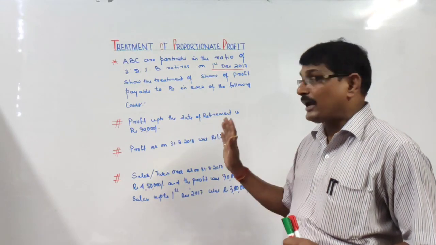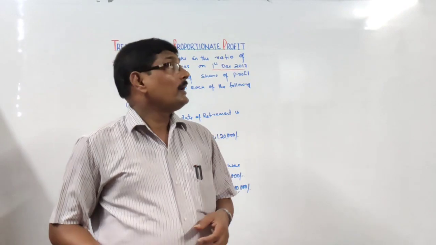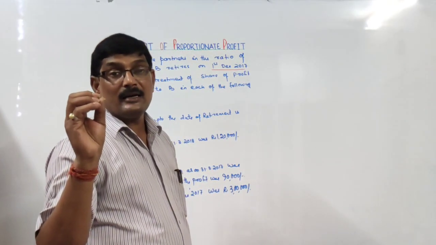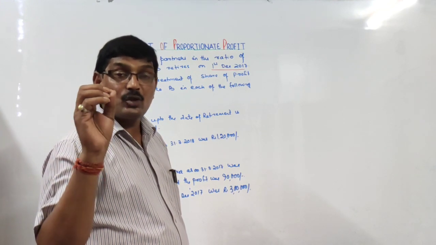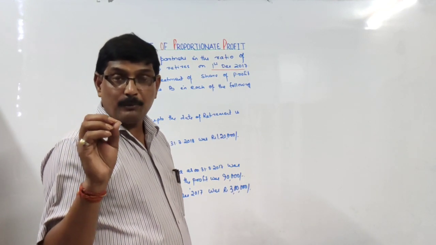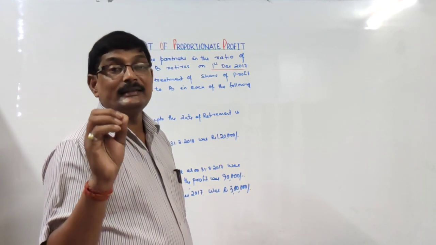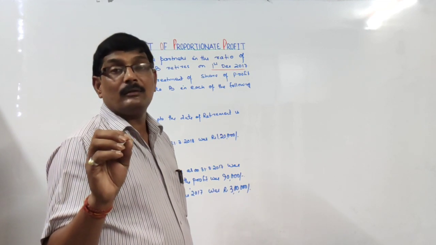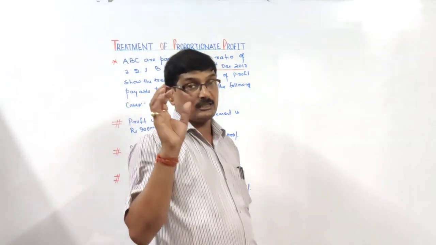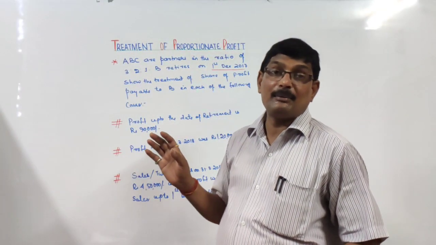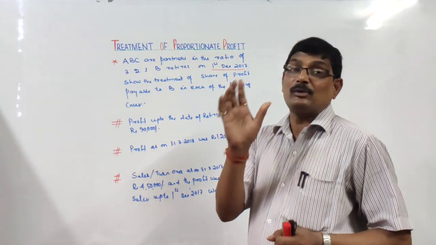This is the first part, how to calculate the profit. Second one, who will pay him and how it is to be paid. Remember, if the profit sharing ratio of the continuing partners does not change, in that case, the profit will be credited to the retiring partner's capital account through the suspense account. Right? At that time it will be through the suspense account. Now I will show the calculation as well as the journal entries.